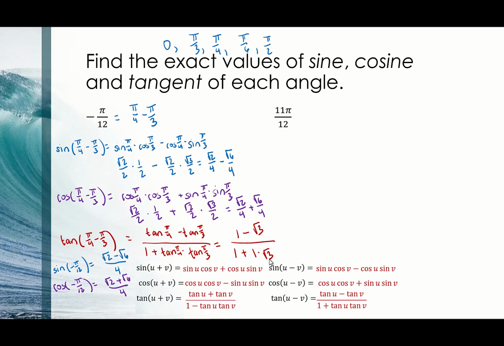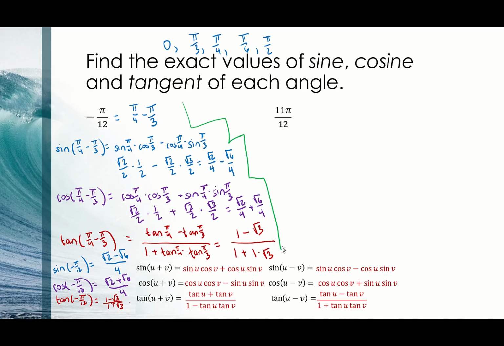And we'll add this one to my answers down here, where we're going to say tangent of negative pi over 12 equals 1 minus root 3 divided by, all right, it wasn't pretty, but I did squeeze it in. So we have 1 minus root 3 over 1 plus root 3. And again, no simplifying can be done there because they are conjugates, and that's not much we can do. All right,